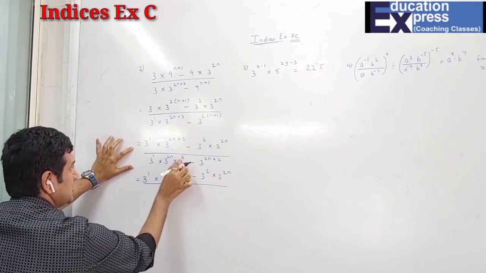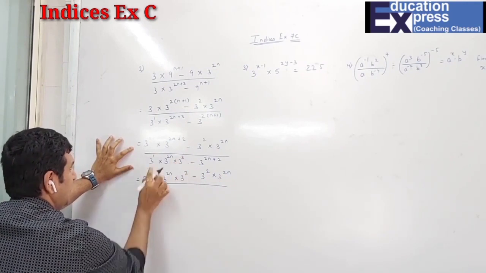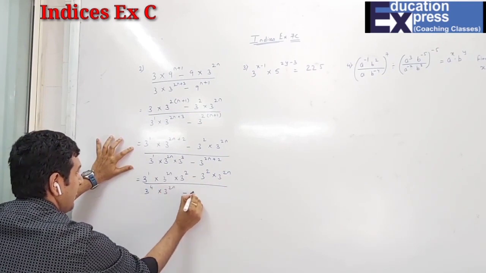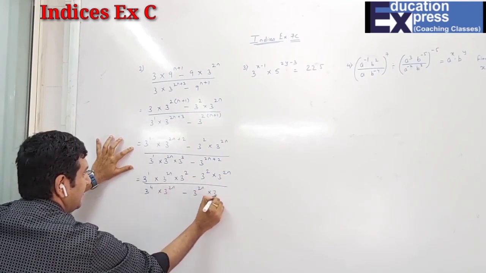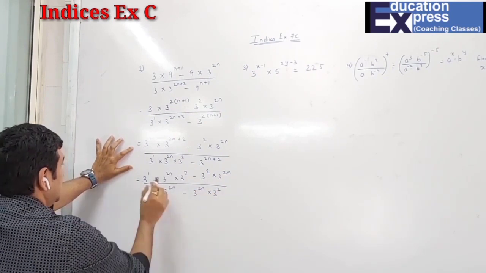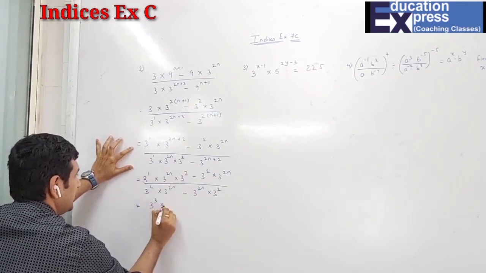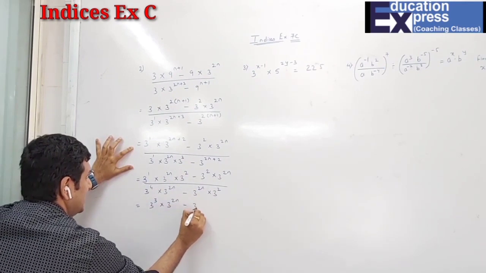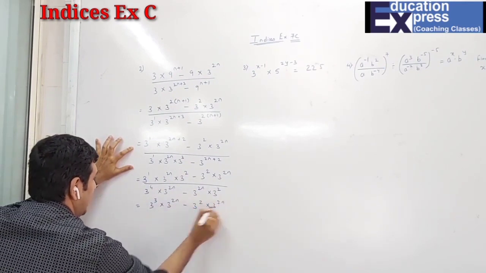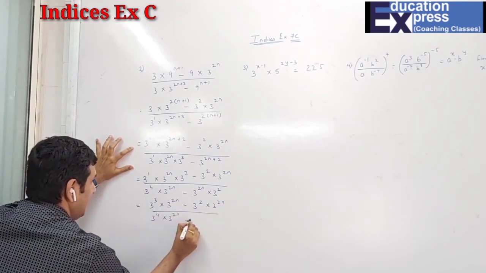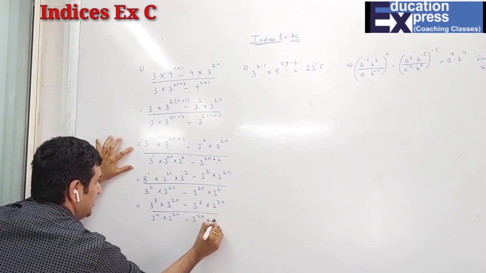1 will go with this. Obviously, you will take number together. The 1 plus 3 is how much, students? 4. And here I will separate again and I'll get this. In the numerator, 1 plus 2, 3 raised to 2n minus 3 square into 3 raised to 2n, upon 3 raised to 4 into 3 raised to 2n minus 3 raised to 2n into 3 square.